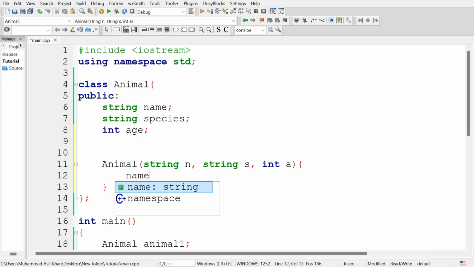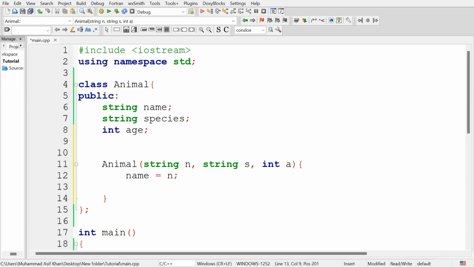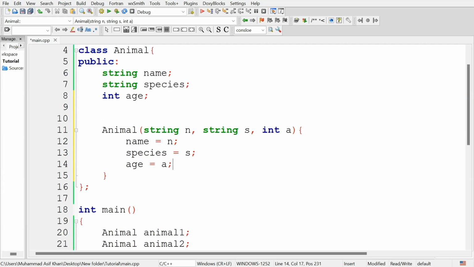So set name is equal to n, species is equal to s, and age is equal to a. This is a constructor of the animal class that is directly initializing the values of the attributes.